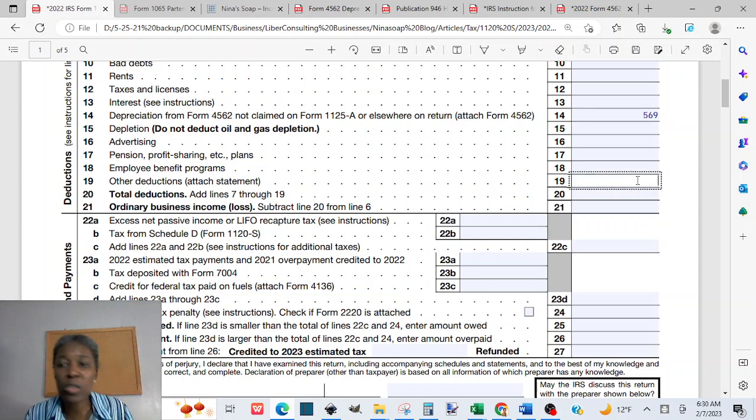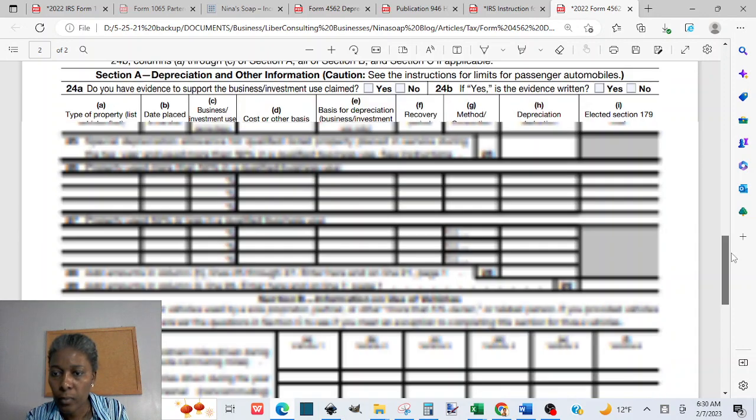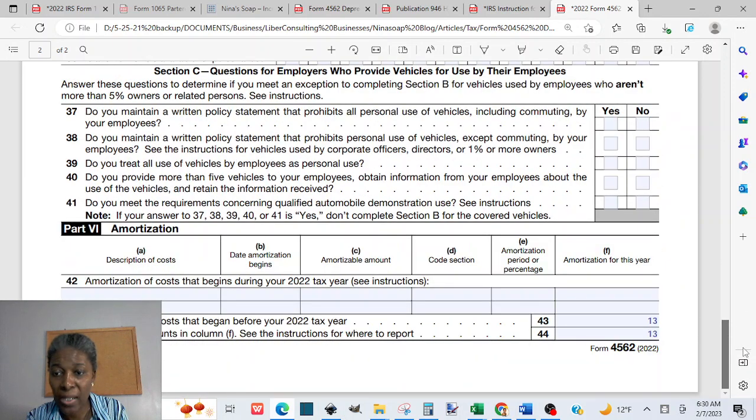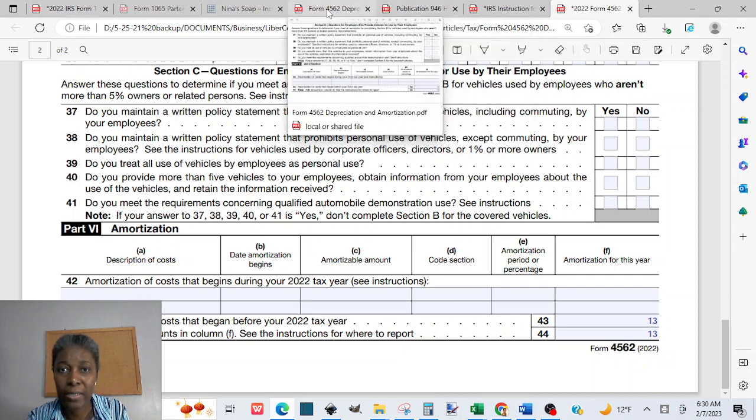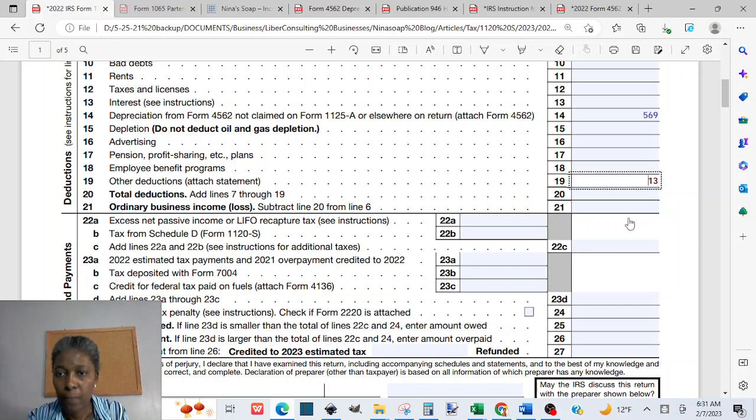For now, assuming we don't have anything else other than just amortization, that 13 from the amortization section, line 44, will go there, but we will attach a statement that will show that 13 for line 19. So that's how information from Form 4562 will land on your